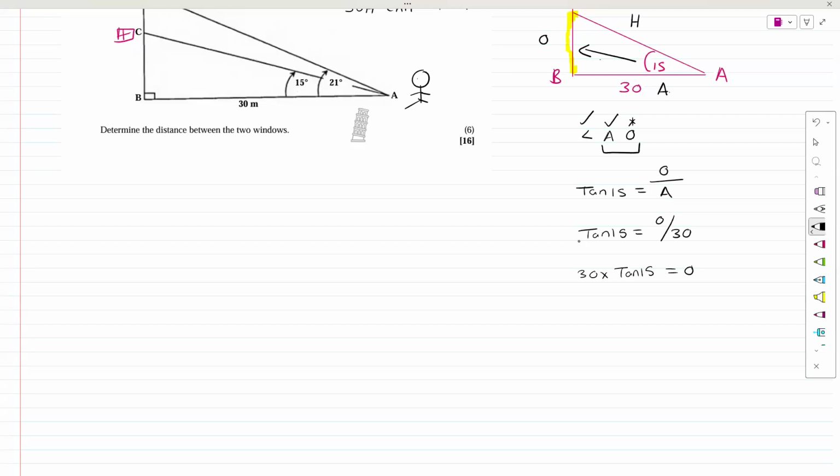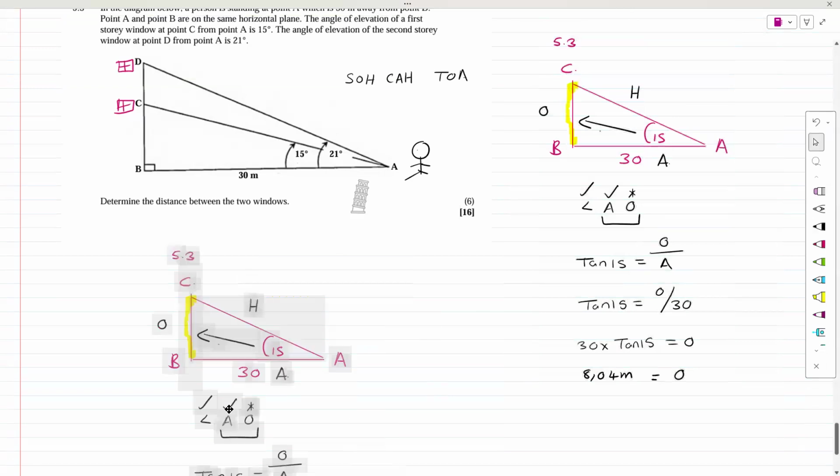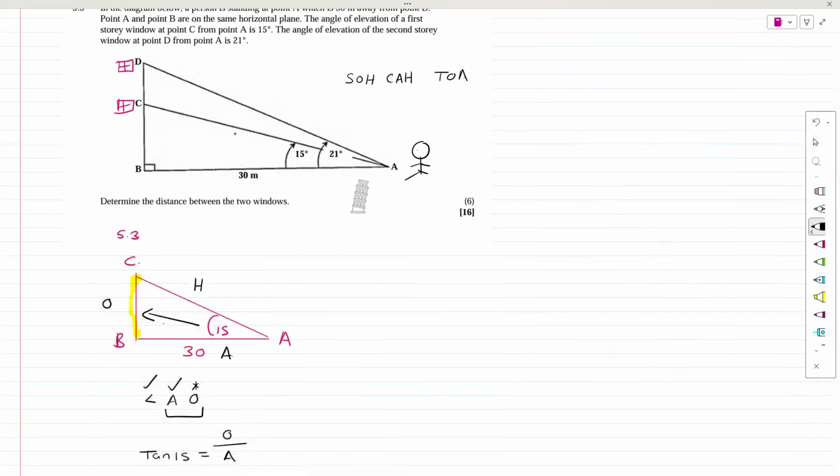30 times tan 15 equals 8.04. So the opposite is equal to 8.04 meters. Now they gave us meters, so we're going to use meters, but it's quite simple because this is 8.04. So this one part is quite simple to deal with. Now we can decide to deal with the entire triangle. So if we deal with the full triangle like this,